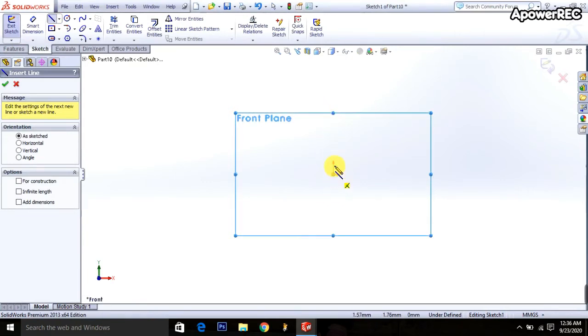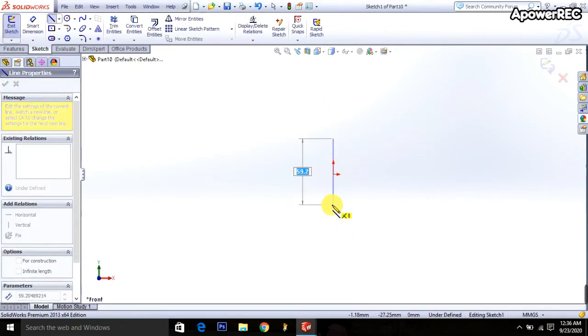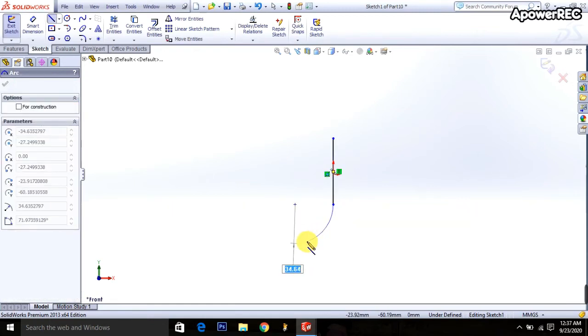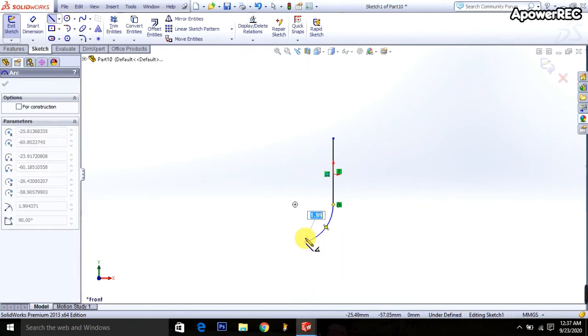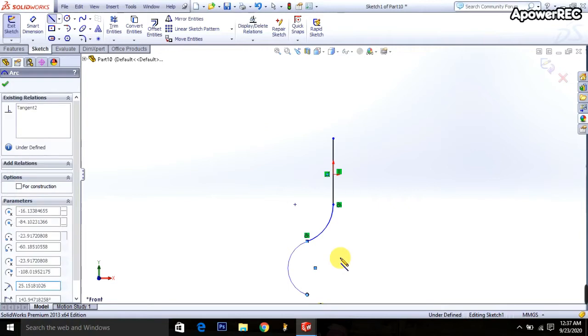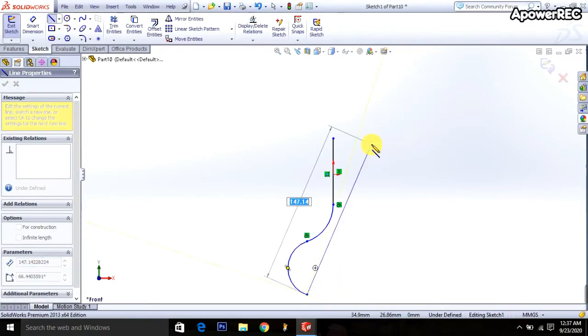Okay, then I'm going from here to here, then I'm going and coming to the initial point again, go and come to the initial point again, go and come to the initial point again and curve it. Okay, done. Then right button is click,